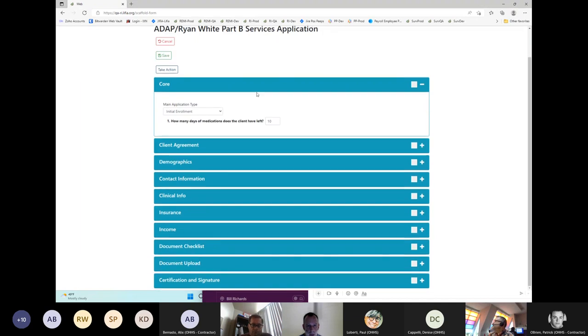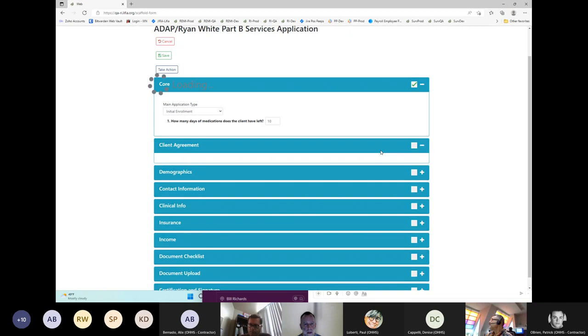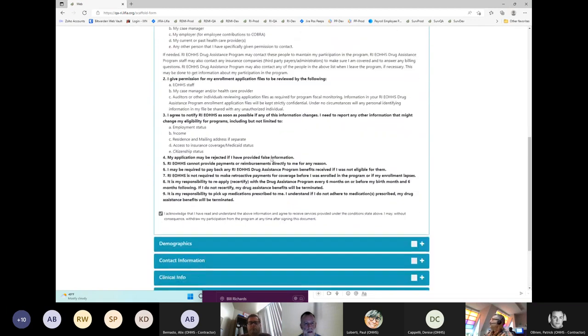One of the things that you can do here is as you work through the form, you can check the section when you're finished with it. So say you've got an intake, but you don't get the chance to complete the form, you want to come back to it later. When you do come back, opening up this form will have a visual indicator of what is and isn't completed. So client agreement,